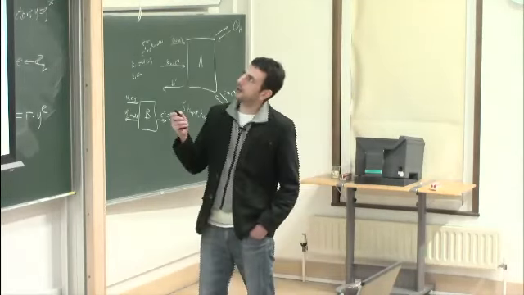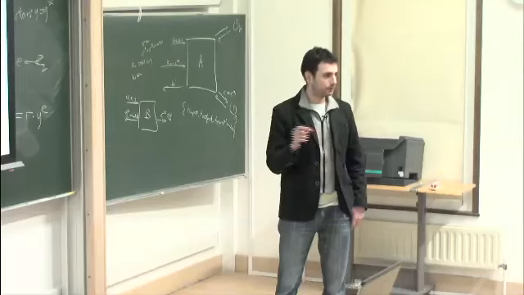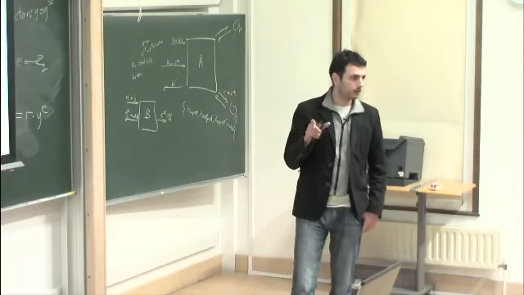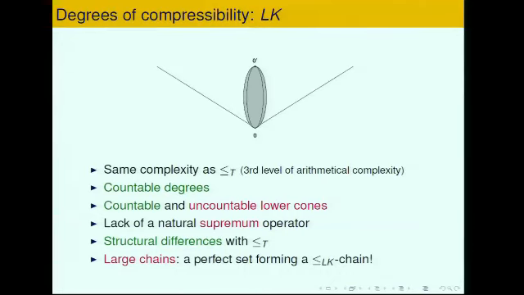The degrees under this reducibility, the continuum is reordered. From far away, it looks like the Turing degrees, but it's not the same. Let's see. 0 prime also plays a role, because, for example, it's above all computably enumerable sets. Therefore, it's LK above all computably enumerable sets. There is a least element. There are upper bounds, because you can use the Turing join, but least upper bounds is an open problem.